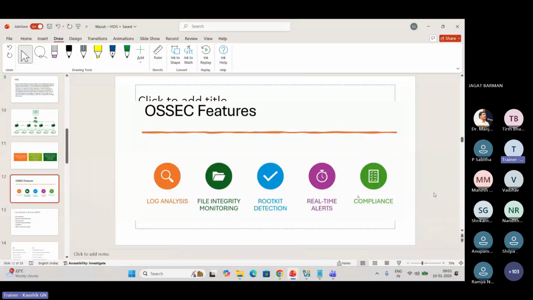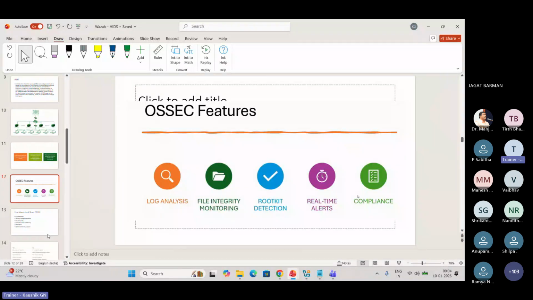Compliance means there are a set of rules. For example, we have one compliance called GDPR, General Data Protection Regulation of the European Union. For the health care industry, we have HIPAA, Health Insurance Portability and Accountability Act. So different compliances are there. In the Indian context, recently the act was passed and we have the DPDP compliance. So these are the set of rules and regulations framed by the government, and all the entities which come in that country have to adhere to those rules. These compliance checks can be done in Wazuh.